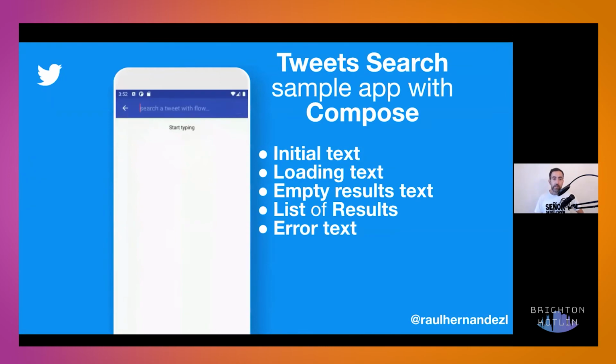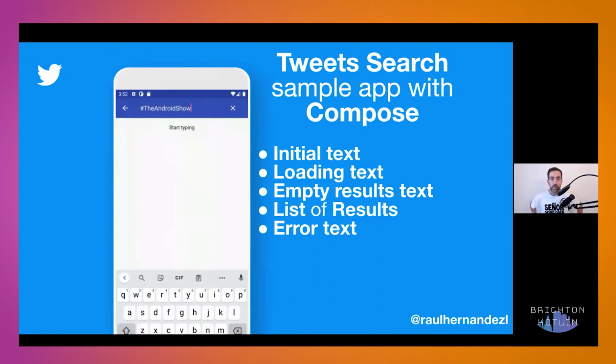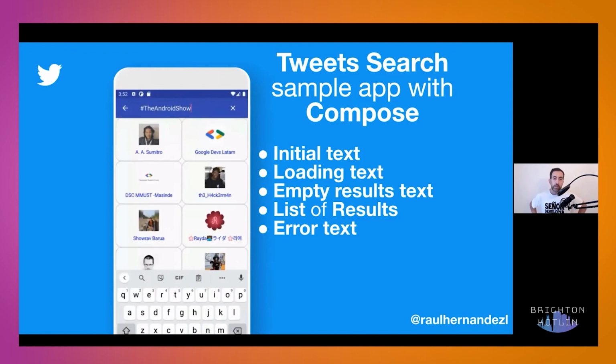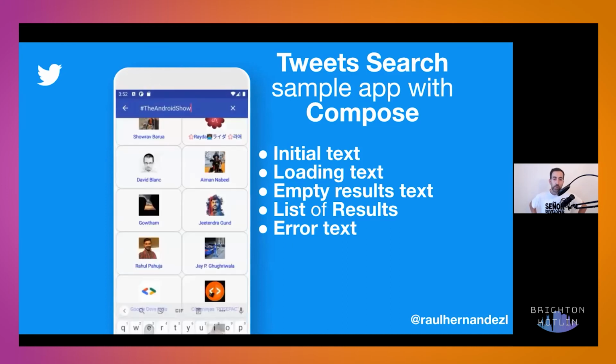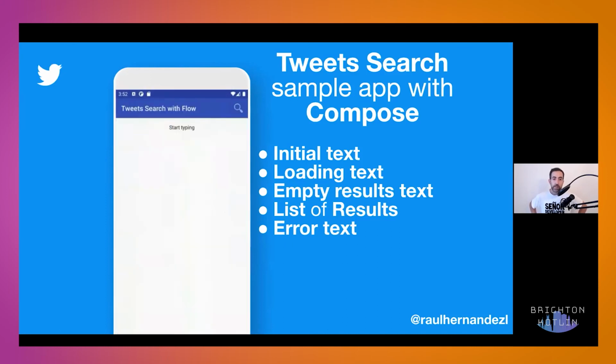Something like that. Start typing is the top text that I showed you earlier. I am typing something here, so you can see this is working with the different elements that I already created. These are the different boxes that I created with the 3 different elements. Going to the next screen, and yep, that's basically it with Compose.